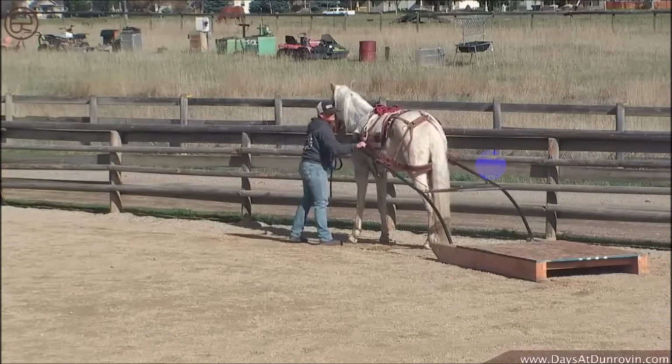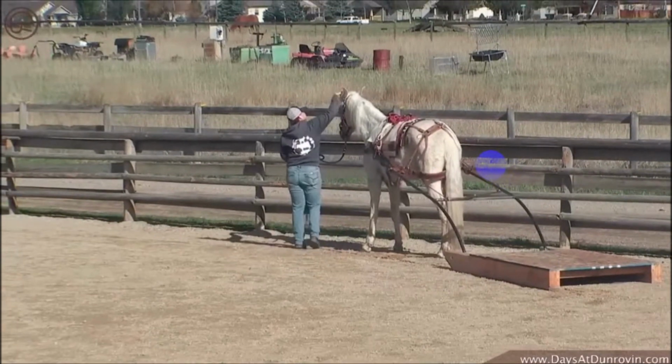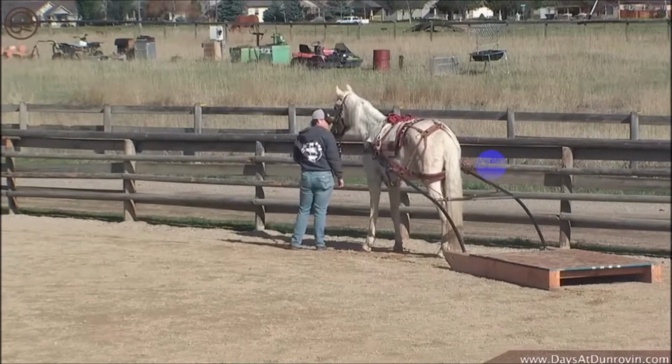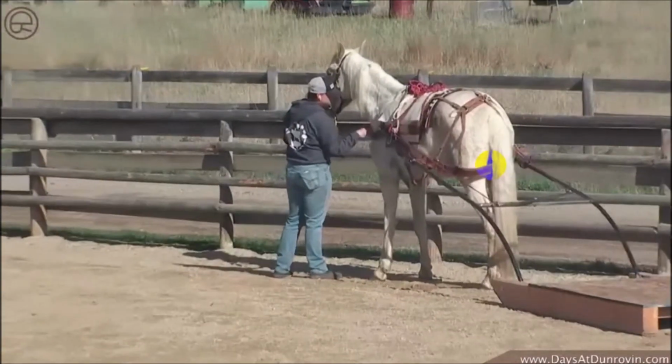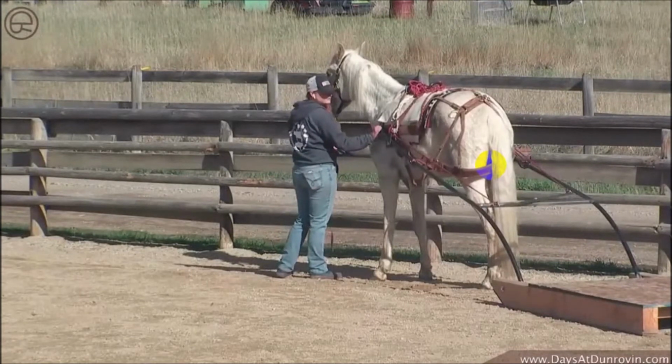And this is more of just desensitization of different feel on him, and that's all he's balking about, is that squeezing him a little tighter and tighter as you turn tight. And just because you're up against that fence is a really good reason why he needs to learn how to half pass or side pass. So if he actually